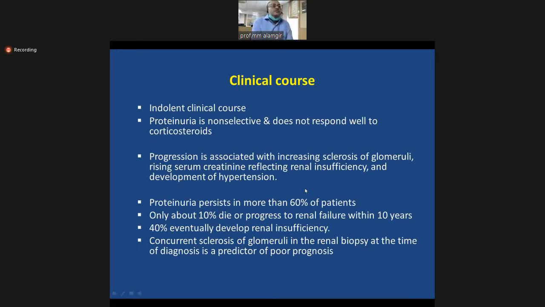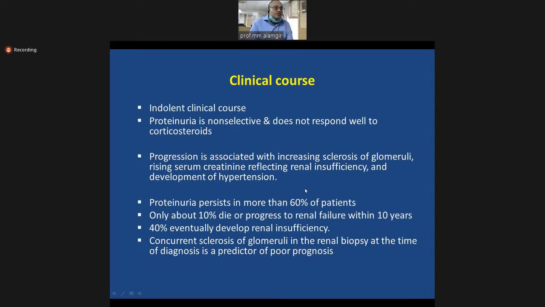So case 1 is a stereotype case of nephrotic syndrome in adults. And remember, again, I am emphasizing this fact, you need to remember the precise definition of nephrotic syndrome. You may not say there is a protein loss of 3.5 grams per deciliter. No, there is a protein loss of 3.5 grams per day within 24 hours, to be precise, for the definition of nephrotic syndrome. Of course, with proteinuria, hyperlipidemia, and lipiduria.